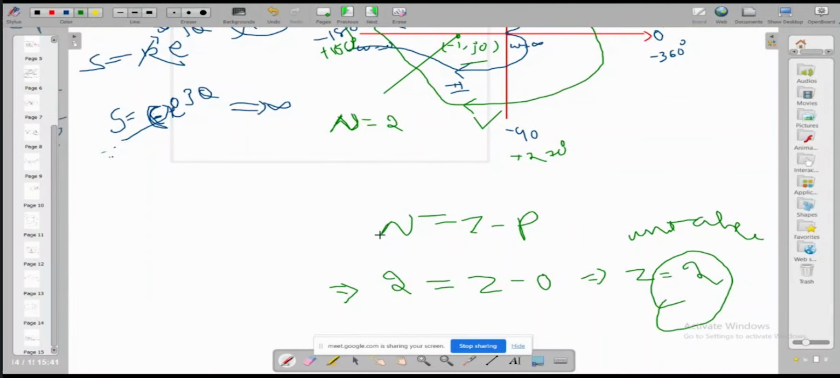Here n is the number of encirclement of the critical point minus 1 j0. Z is number of zeros in the right hand side of the split. P is the number of poles in the right hand side of the split. ବୁଝିପାରିଲ